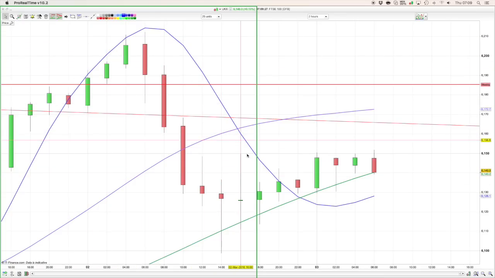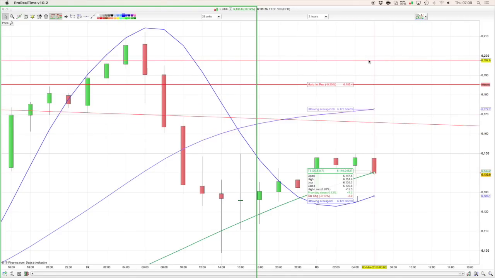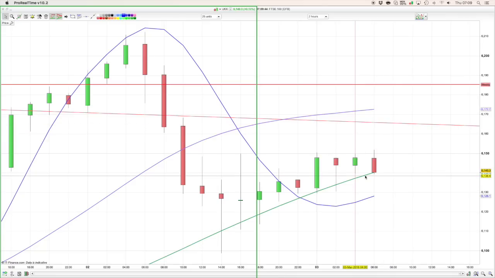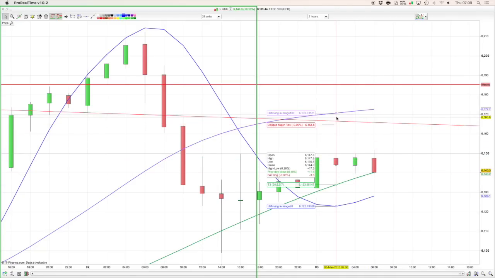This chart with just these 2 moving averages on, the blue and the purple line, fairly simple, but that's actually showing that on the 2-hour chart, we're actually bearish at the moment, which is interesting. So we may well break that 6140 later on today if we don't break it first thing this morning. I'm actually feeling a bit more bearish than bullish anyway,